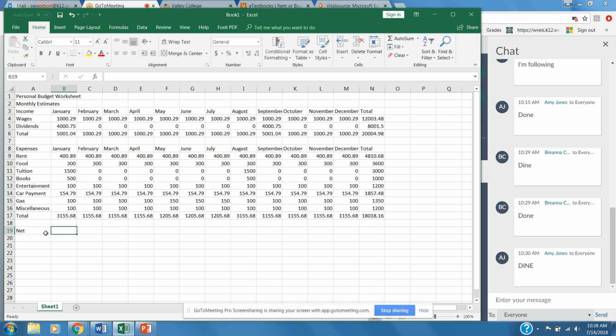So at this point, we have our expenses total. So look at that and say, okay, we have our income. Let's take our total to see what money we have left over at the end. First, when you're doing this, you have to determine, so we are going to need our total of